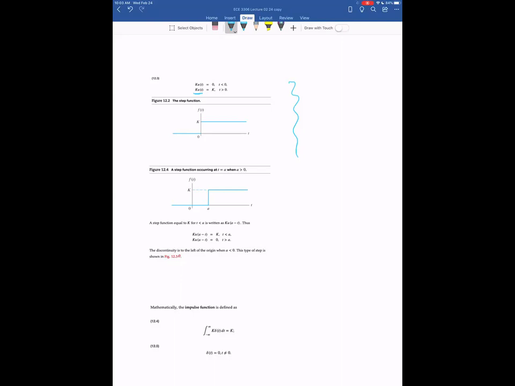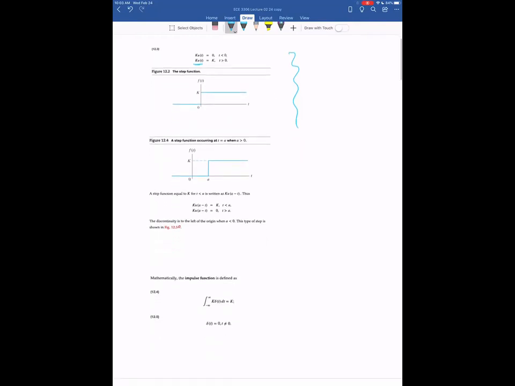So we often will talk about 0 plus and 0 minus to represent the instant just before and the instant just after the step function moves. We can have a shifted step function. In that case, instead of u of t, it's u of,